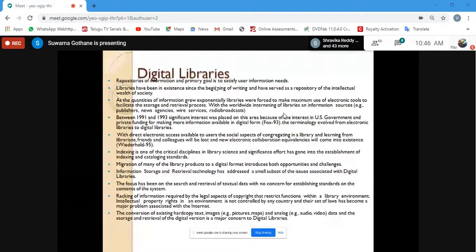Okay, so it provides us a lot of challenges, and a lot of scope to work on digital libraries. Digital libraries means where any sort of text, audio, videos, files or data is going to be available. So definitely it is focusing on storage, search and retrieval of your data. A lot of things will be there in digital libraries.